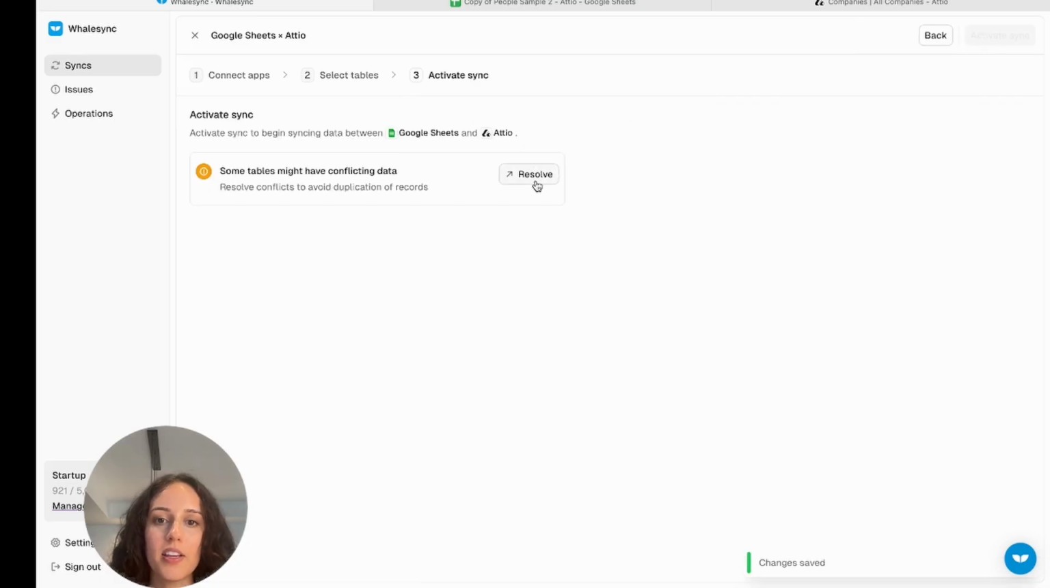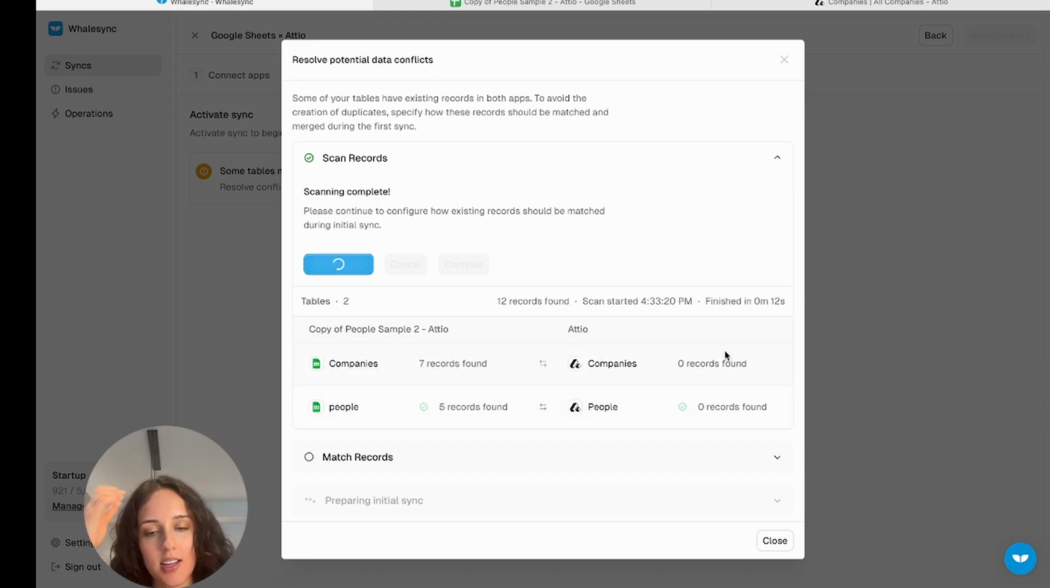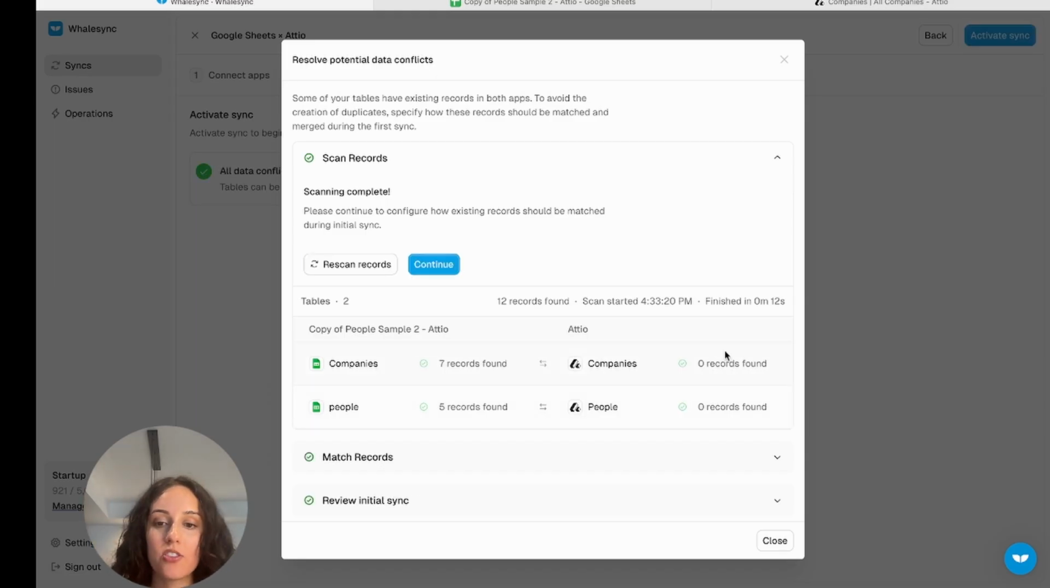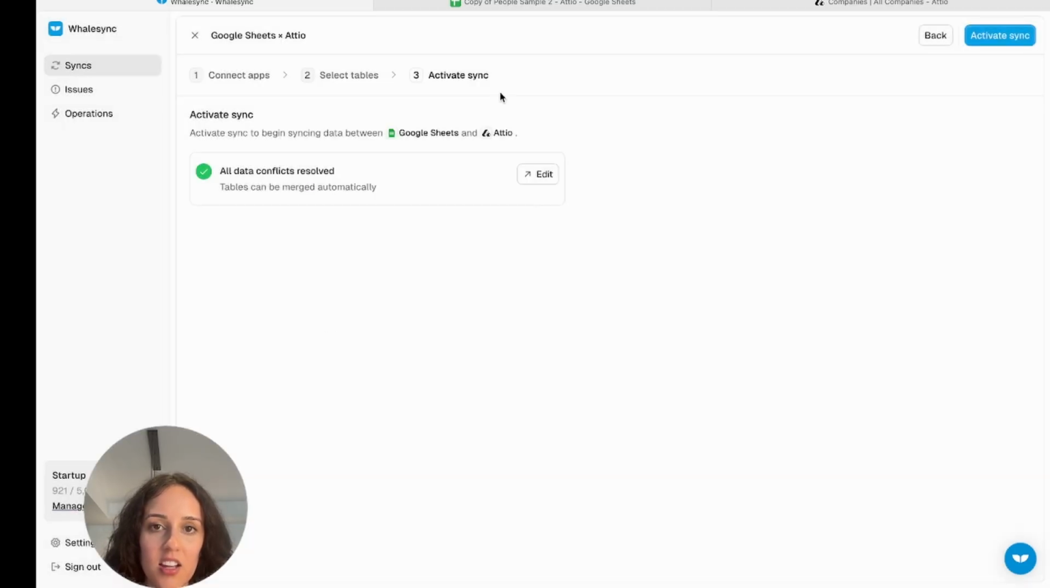Some tables might have conflicting data. Just click resolve and scan existing records. And normally Whalesync figures this out on its own. So yeah, I'm using a demo Attio account, so I don't have any records in there, so no records were found, but of course it has found records in Google Sheets. So now continue, confirm,